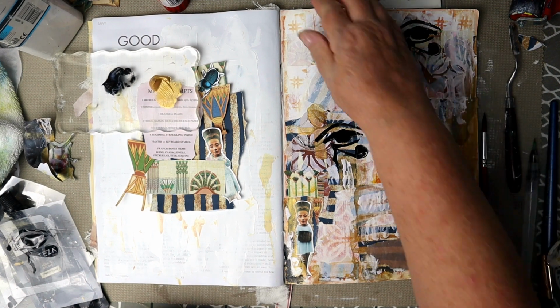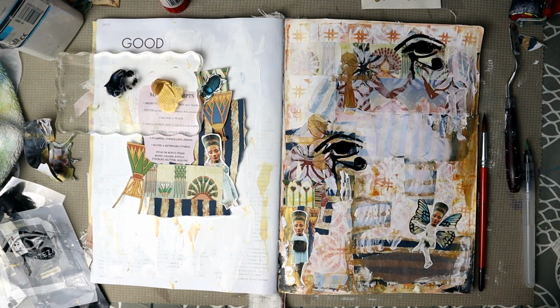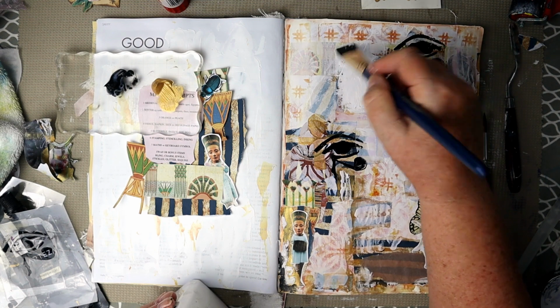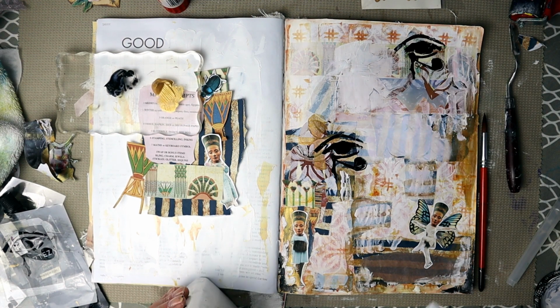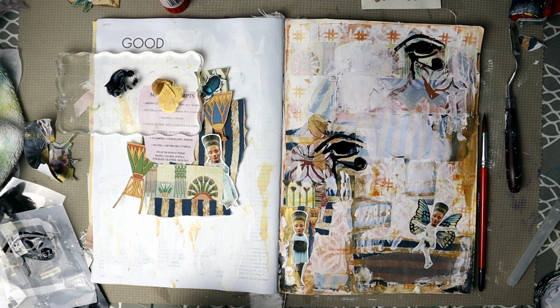Not happy with this. This is looking horrible. So I'm going to put a whole heap of gesso over it. Apart from these bits, don't like it at all. It's too busy. Probably would have been alright if I hadn't put those patches of this blue and gold paper all over it. But anyway,